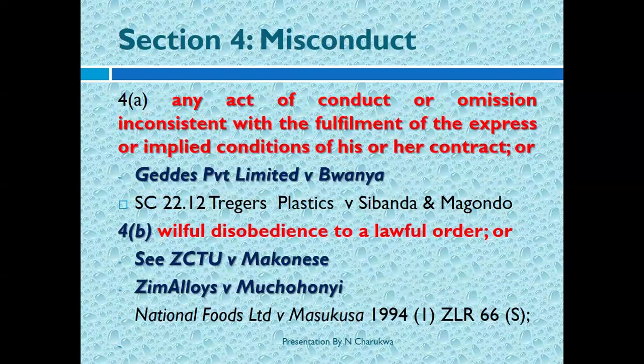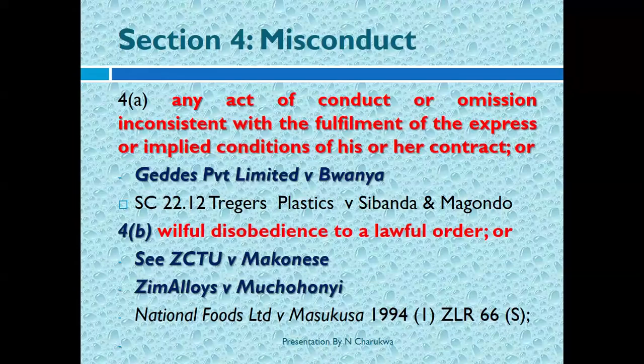Now, the offenses that I want to look at very quickly before I come to the end of my presentation and maybe open up for discussion are the offenses that are enshrined in SI 15 of 2006. So when you are creating the charge sheet where you are charging the employee, if you are using SI 15 of 2006, there are 8 offenses that are enshrined in that SI. And they are found in section 4 of the SI.